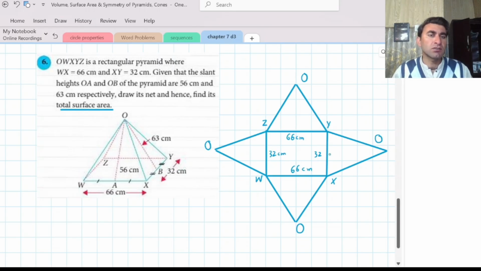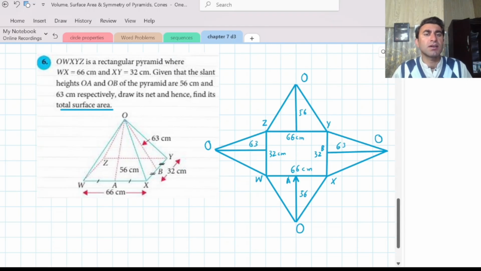And the height of this triangle OXY is 63 centimeters, as we know that this point is B and it was given that OB is 63 centimeters, and OA, as we can see, is located over here. Here is the point A and we know OA was 56 centimeters. So here it is also 56 centimeters and this one is definitely 63